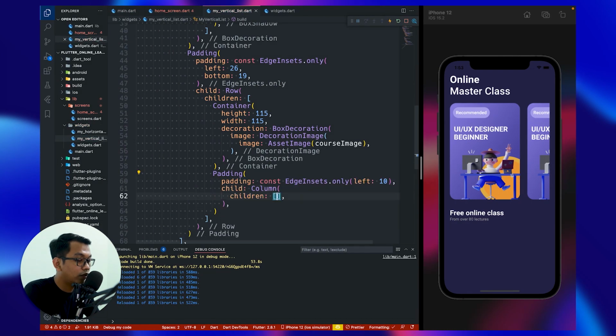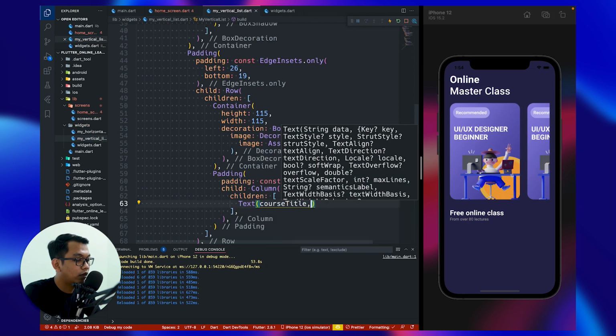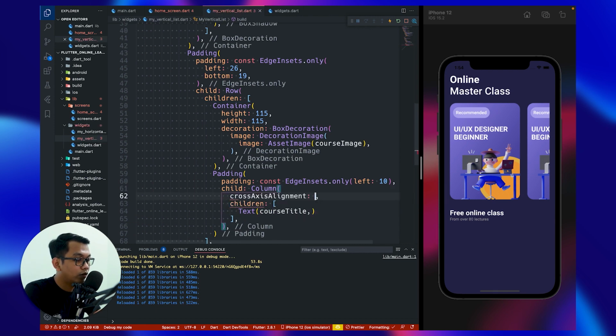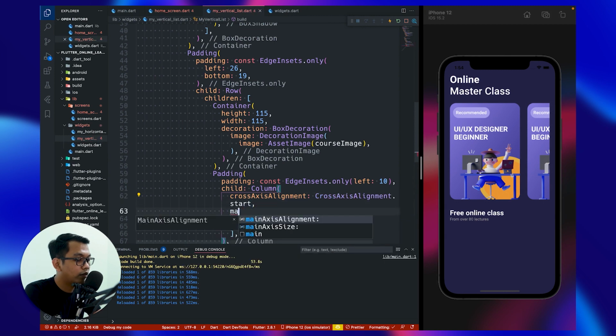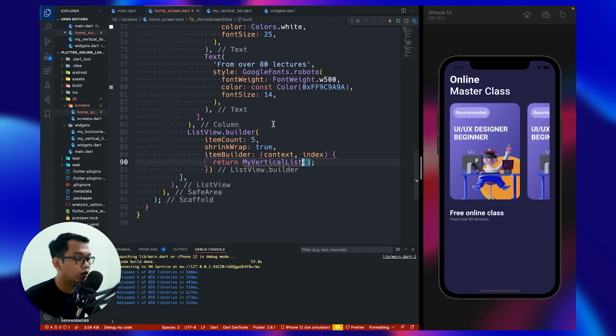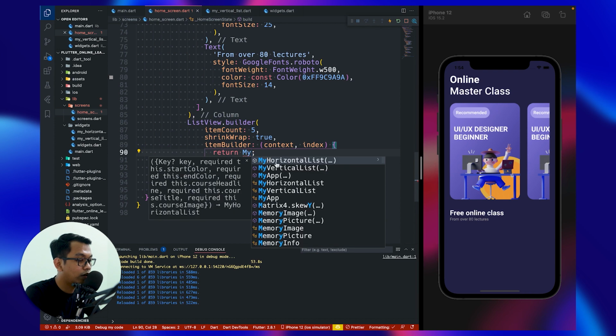So the first children is we can call right here is a text widget, and we say course title look like this. And don't forget to say right here cross axis alignment to start, and for main axis alignment and I think we can go to our home screen and try to call again.